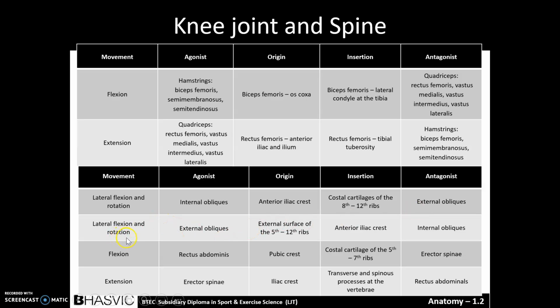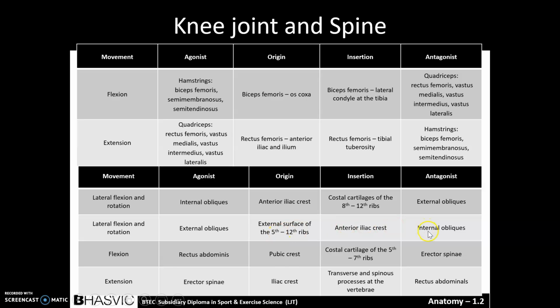And now lateral flexion and rotation occurs again, but this time in the other direction. And that is done with the agonist being the external obliques, because that also can create this movement. And the origin of this would be the external surface of the 5th to 12th ribs. And the insertion of the external obliques is the anterior iliac crest, and the antagonist of the external obliques is